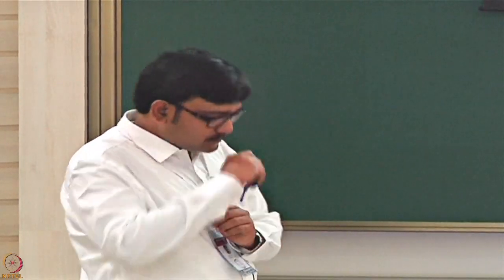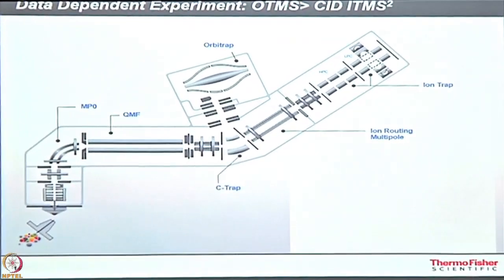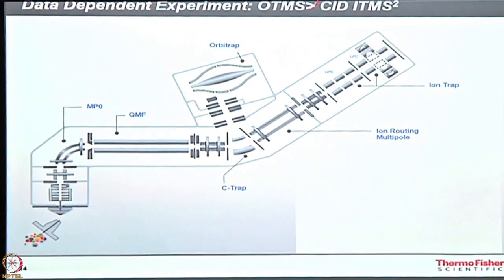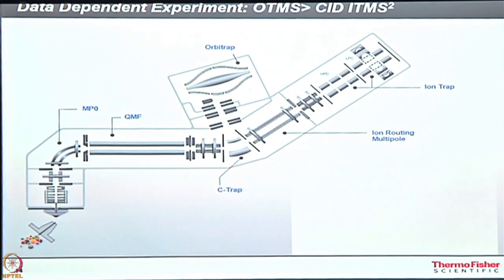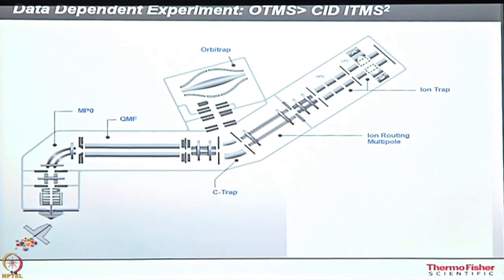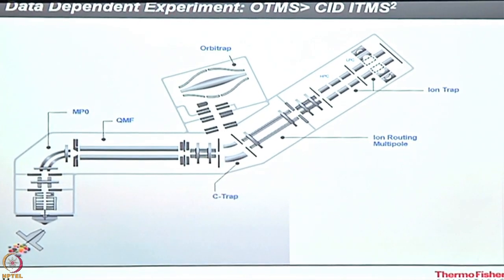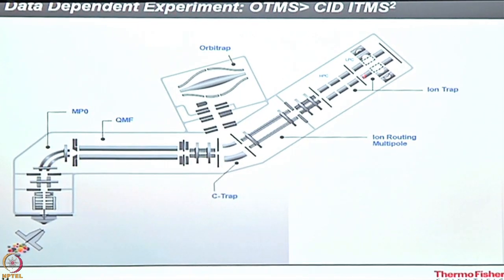Okay, now let's see some experiments showing how the instrument works in different workflows, because we cannot show you the instrument itself. So we have some animation where we can see how the instrument does the MS and MSMS. The first experiment is MS in the Orbitrap, and MSMS through CID, which happens in the ion trap. First the ions will be detected here, MS. From that MS scan, one molecule at a time will be filtered here and fragmented here.